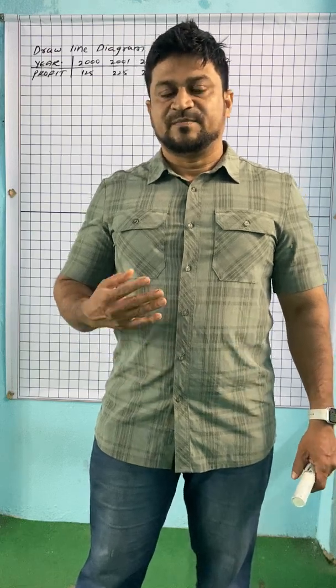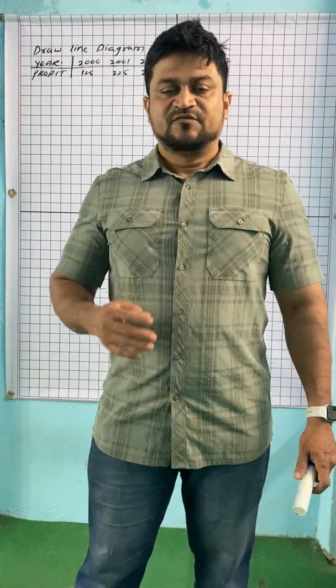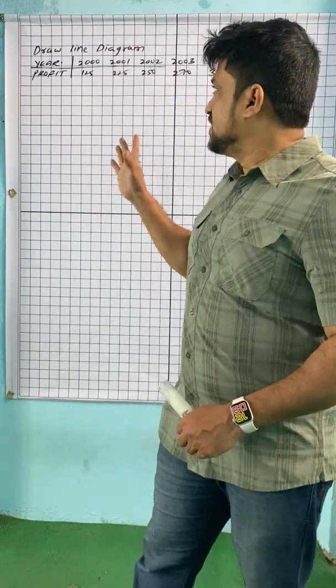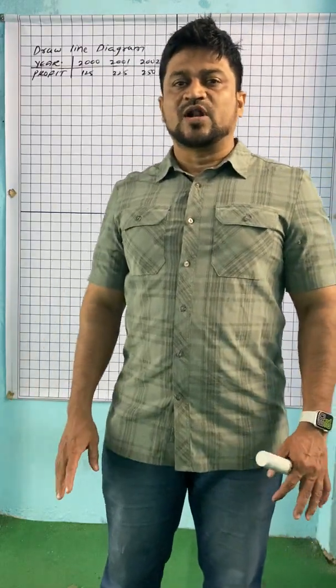In graphs basically we have line diagrams, bar diagrams. In bars we have multiple bar diagrams, percentage bar diagrams, and apart from bar diagrams we have histograms, frequency polygons. So there are 8 or 9 types of questions. From that we are starting with the first one, line diagram. How to draw a line diagram?